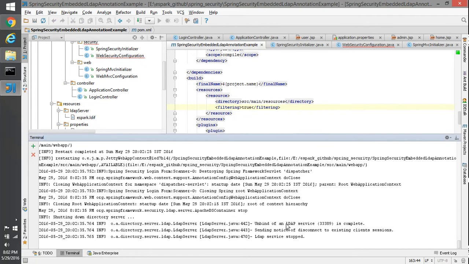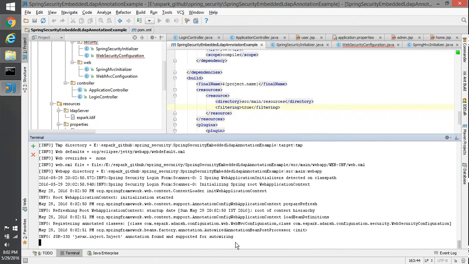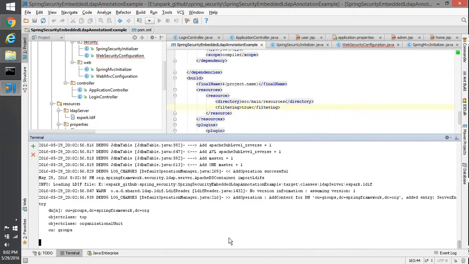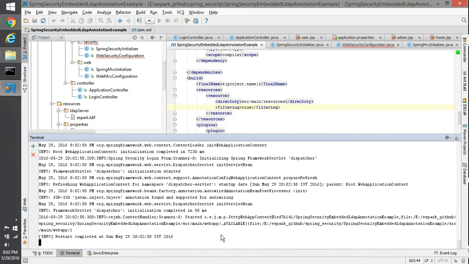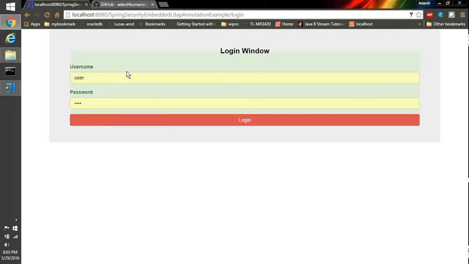So the unbinding of the LDAP server completed and the LDAP server stopped. Just restarting the LDAP server and rebooting the container. So let's see how it looks.